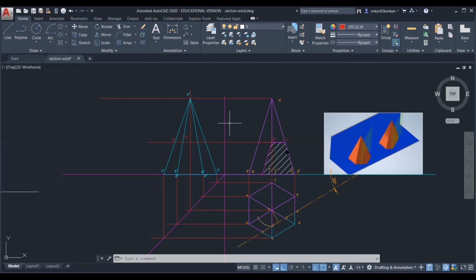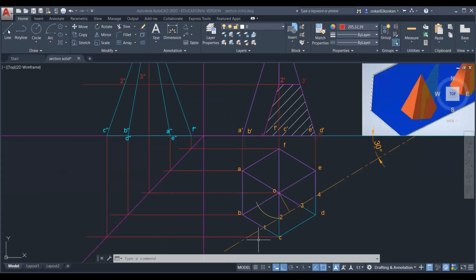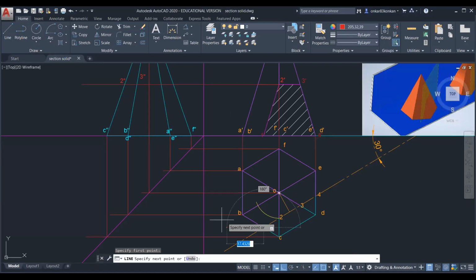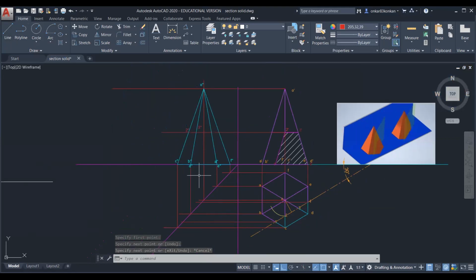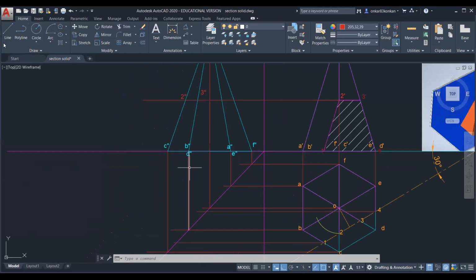Now for the point 1 and 4, you cannot take the projection from the front view. So if you take the projection from point 1 or 4, you cannot find out the intersection in the side view. So for that, take the projection from the top view. So this is the point 1. So now project these two projectors in the side view and you can find out the intersection.